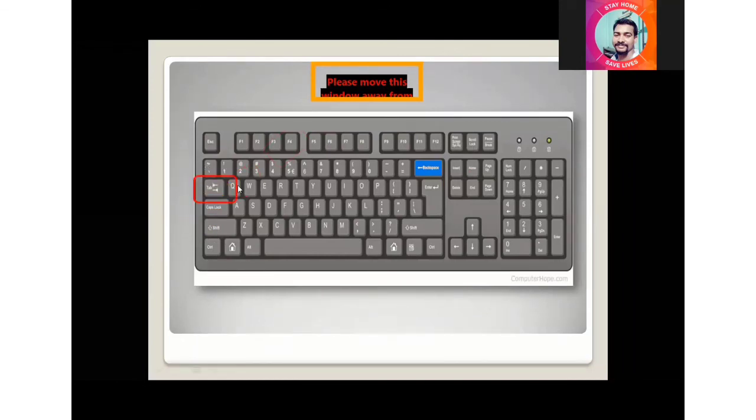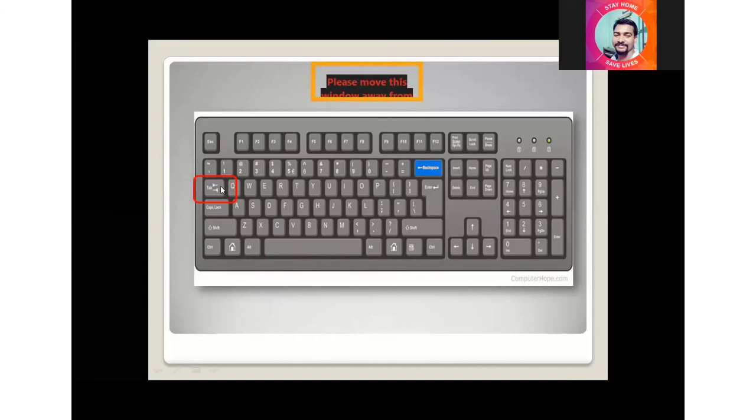Now, this is the tab key. Here you can see a line like that, with an arrow. When you press this one, the cursor will jump from here to here, a longer distance, not like the space bar.